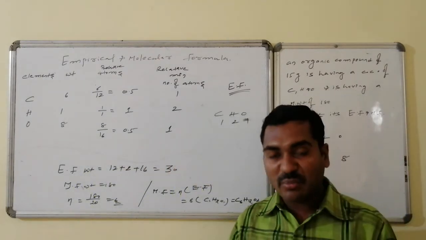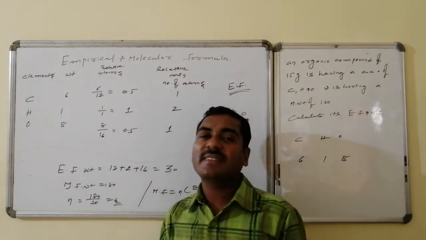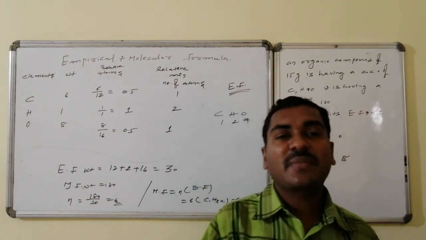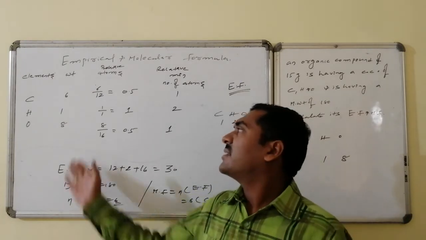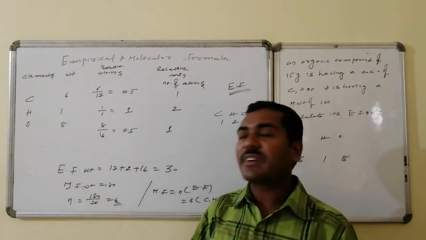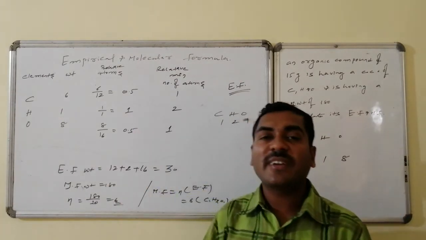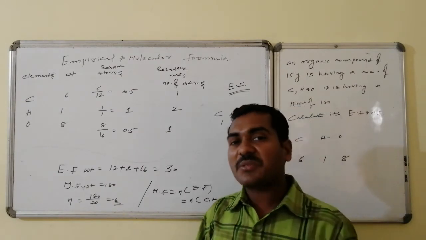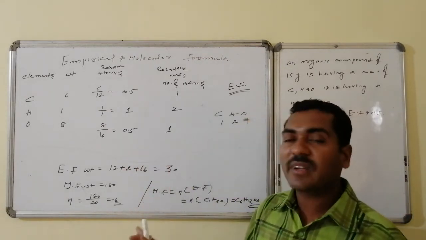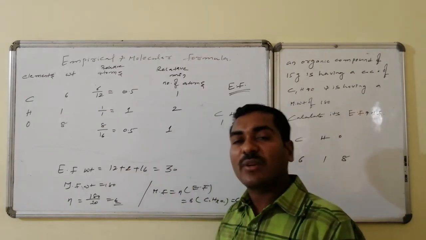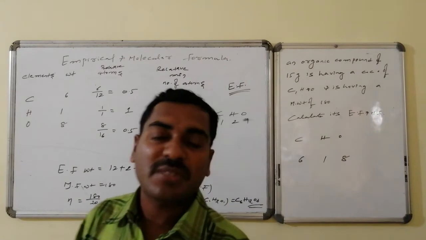Thus we calculated the empirical formula, and we calculated the molecular formula. Here it is not necessary to take the weight percentages. Weight percentages reveal, for 100 grams of weight, how many grams of each there are. For any quantity of weight, the weight ratio remains the same. So if you know the direct weights, you divide them by the gram atomic weights and you get the minimum atoms ratio. You adjust that to the minimum atoms ratio, and the corresponding formula is the empirical formula. If you know the molecular weight, the n value can be found from the molecular weight and the empirical formula, and we will calculate the molecular formula of the substance.